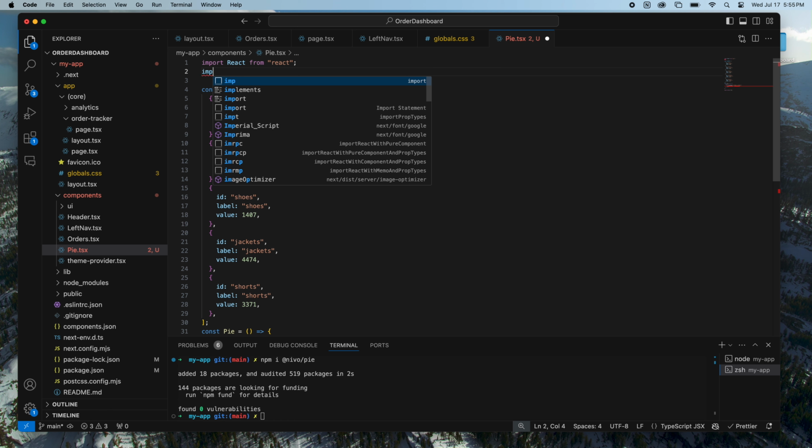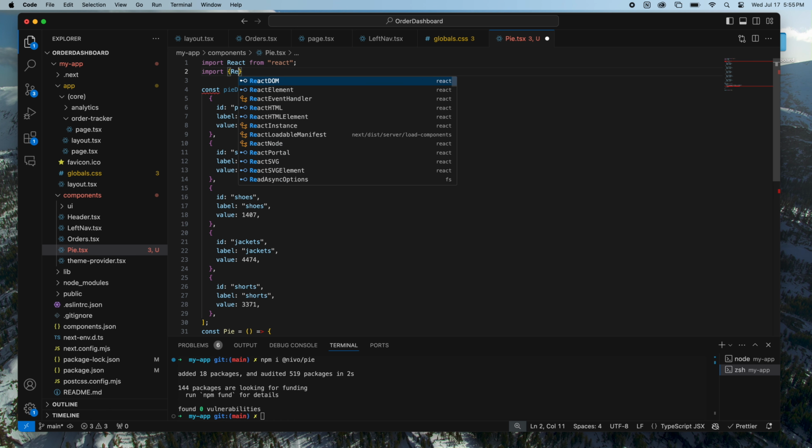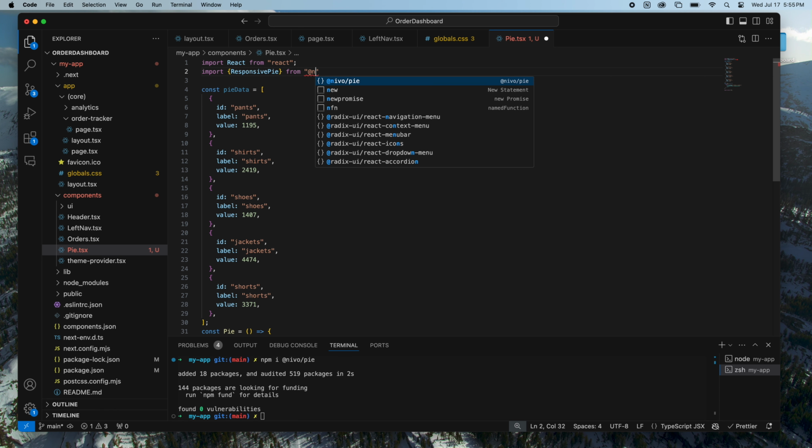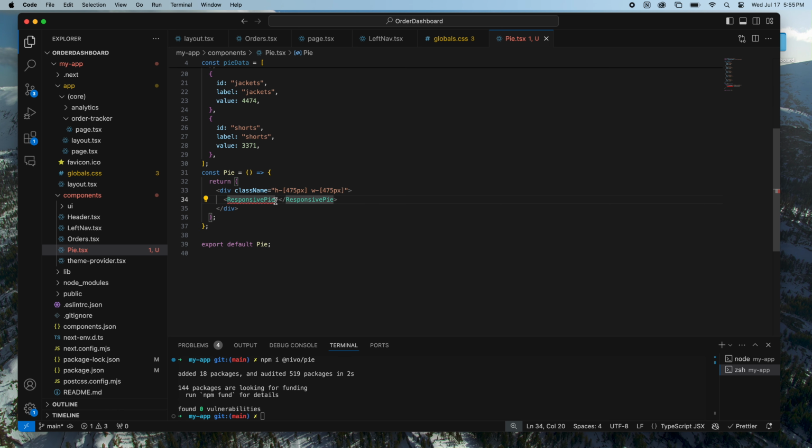I don't think it worked, so I'll just do it manually. Import ResponsivePie from @nivo/pie, there it is. And I think that's working. I think we're just missing the props. So now we just have to put in our data prop, which is going to be pieData. And there's going to be a lot of different props. So we're going to have margin equals brackets, top 40, right 80, bottom 80, left 80,